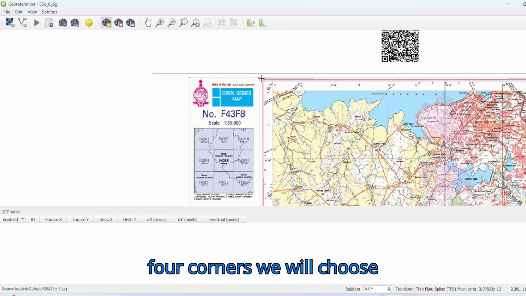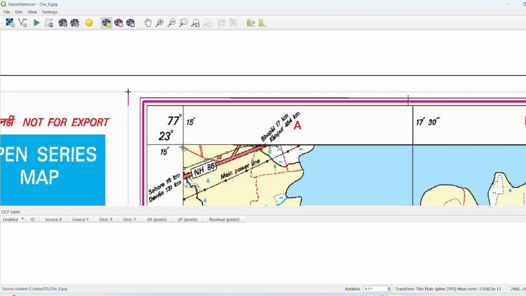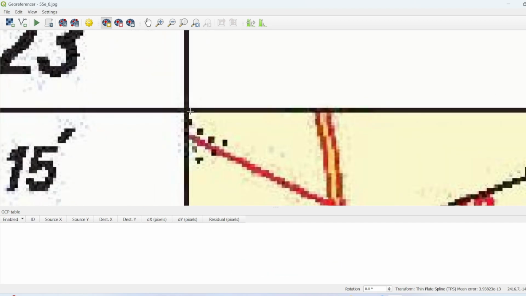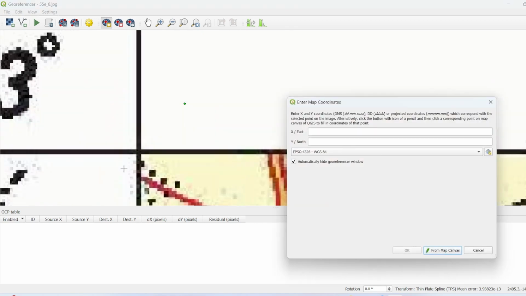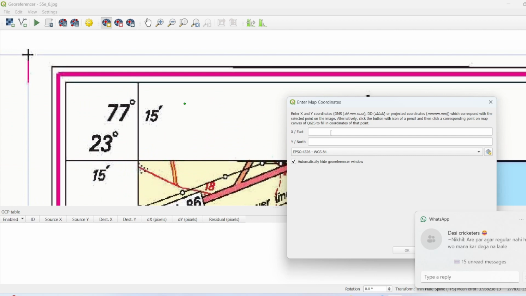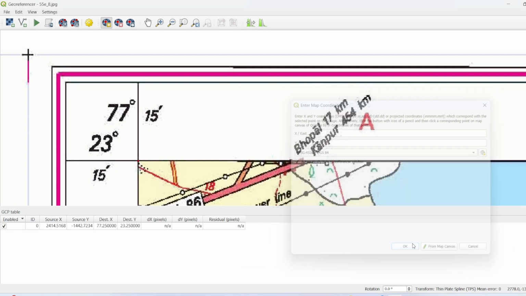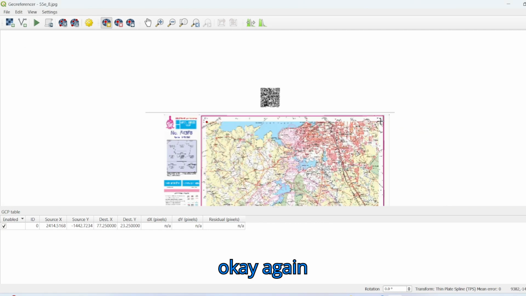Again, 4 corners we will choose. So click, zoom out. 77° 15 minutes east and 23° 15 minutes north. Okay. Again,